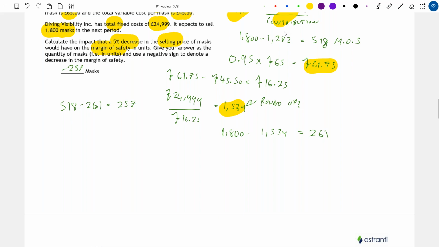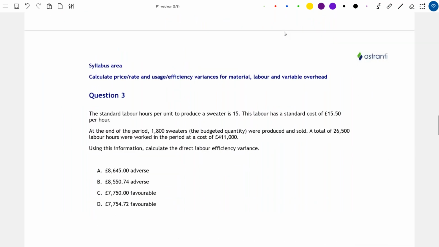So let's now move on to question 3. And in question 3, we talk about variances. So specifically, we're going to be looking at labor variances. So for question 3, the standard labor hours per unit to produce a sweater is 15. The labor has a standard cost of